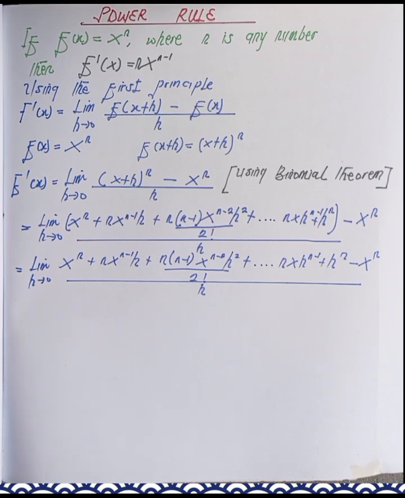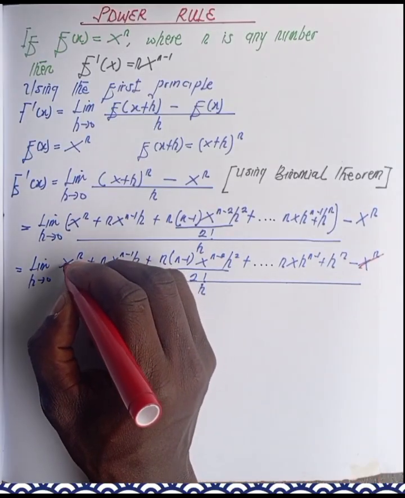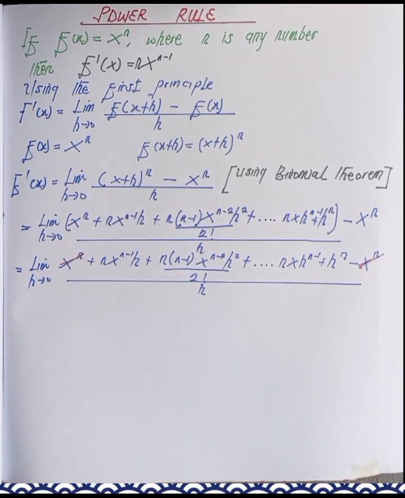So from here we can see that minus x^n and then positive x^n will go away. Now we are left with